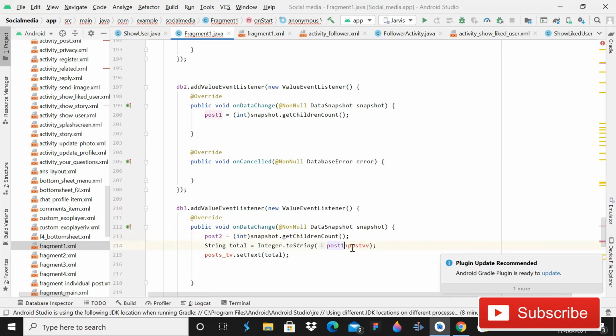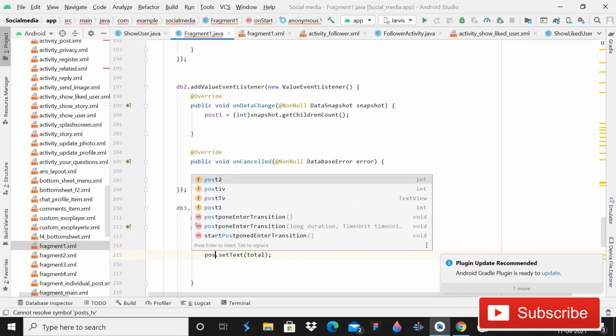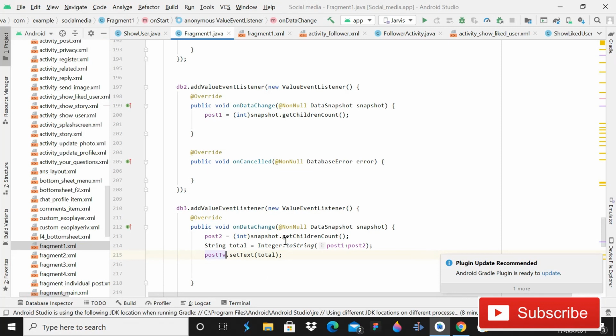Post 1, then post 2, and then post tv dot set text total, understand.